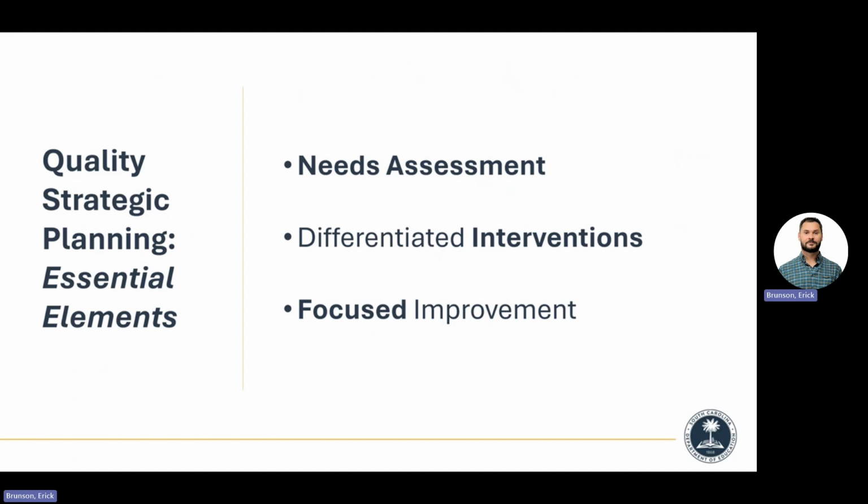And then the focused improvement. One of the things that's interesting, I'll read plans that will have a lot of goals. In fact, they may even have 6, 7, 8 goals in student achievement. And that's because maybe you want to have 2 or 3 reading goals and you've got some math goals and you've got a behavior or attendance goal or a discipline goal, etc.